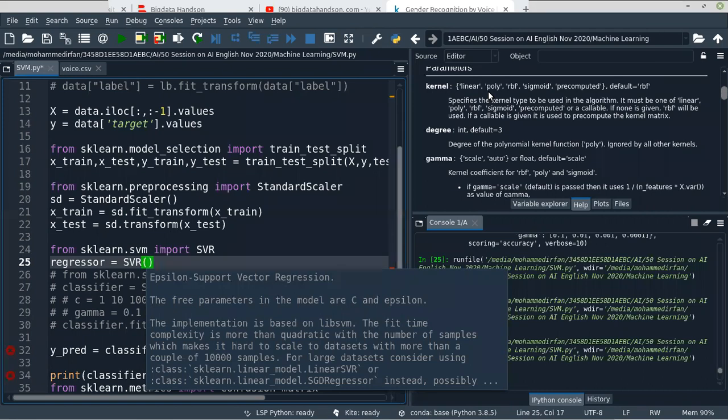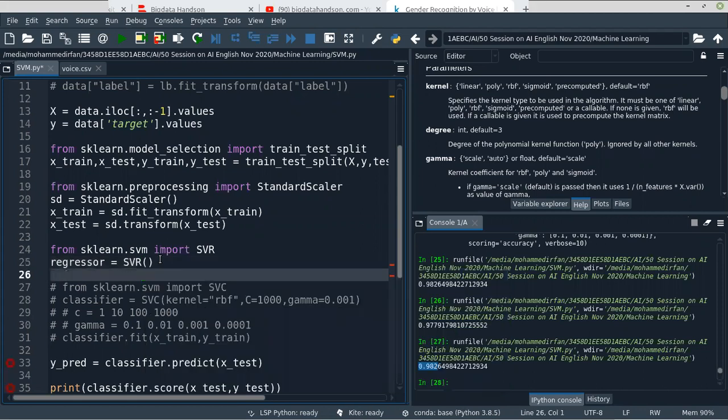We have the same kernels, we have degree, we have gamma, but we don't have C. So let's keep the default. And now we need to fit the regressor on the training data, right?